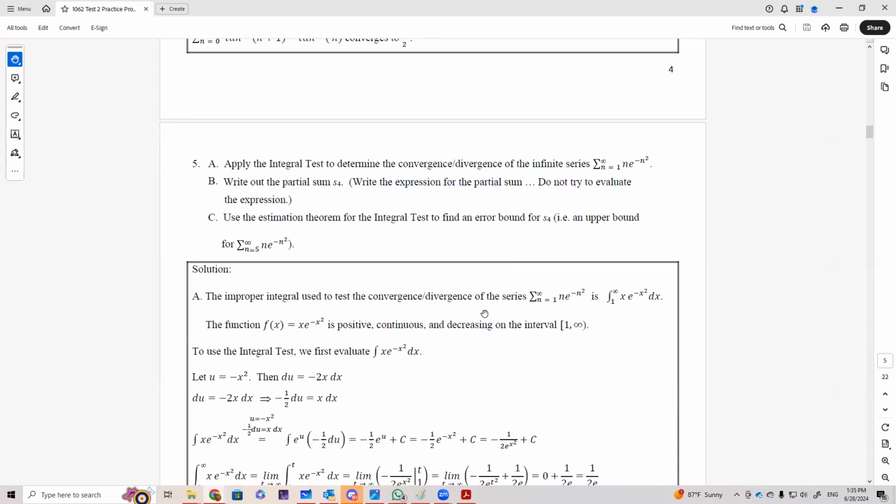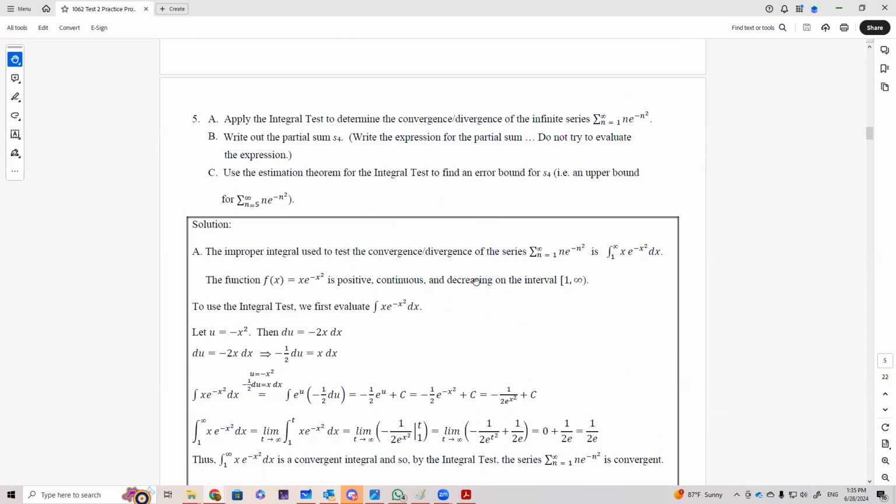Now, once we get this integral test ready to go, then we do the integral. We get x e to the minus x squared. This is clearly a substitution. We have that u is minus x squared, du is minus 2x. And so this is going to transform into the integral of e to the u times minus 1/2 du. And so this is minus 1/2 e to the u plus c, or simply minus 1/2 e to the minus